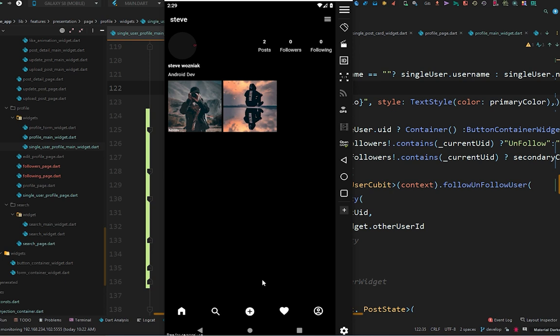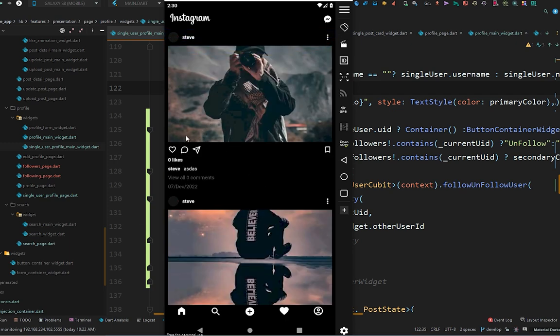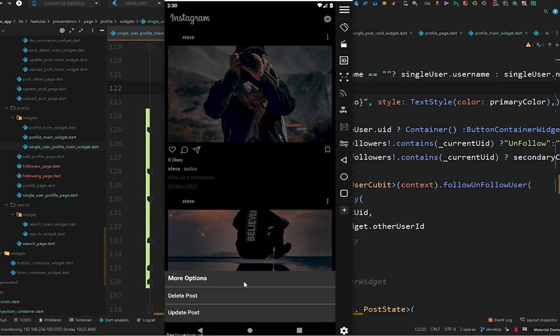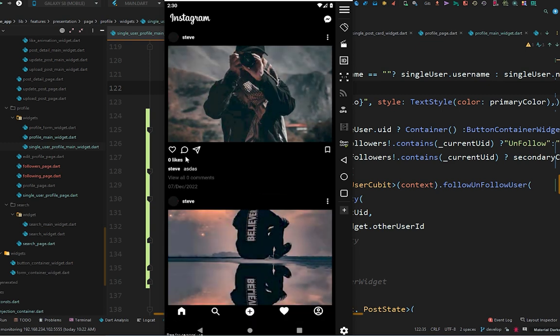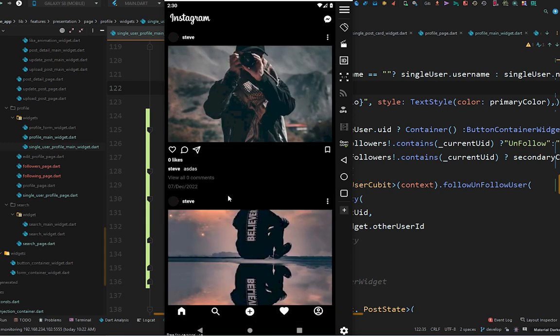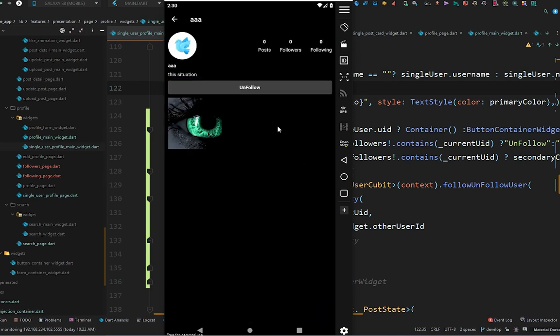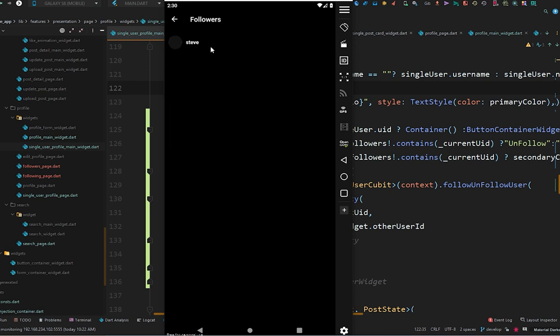And that was it for our Instagram app. We have been completely successful with all the features of the app. So in the home page we got all the users. We can like the post, unlike the post, and interact with the post. This is where to update or delete the post. We can comment on the post and reply to the post. We can like and comment also on the reply. We can go to the user profile page, we can follow the user and check the followers and following of